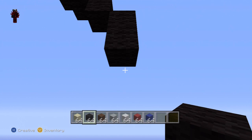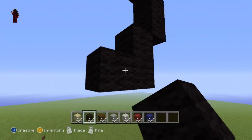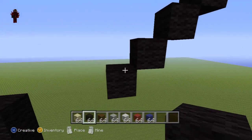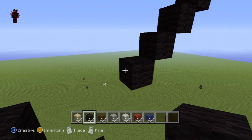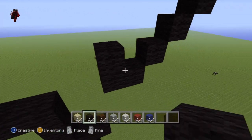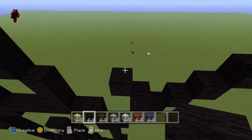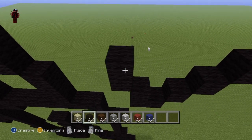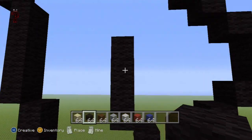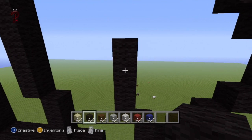Then do 4 bottom left diagonals, so that's 1, 2, 3, and 4. Go left of the 4th bottom left diagonal by 1, then go up by 1, then do an up left diagonal, and go up on top of it by 3, so that's 1, 2, 3. What you then want to do, once you now have this row of 4, is extend this 3rd block, starting